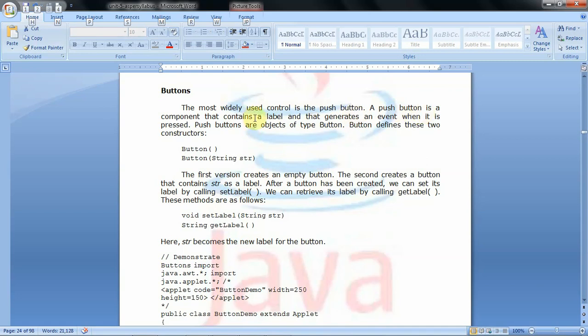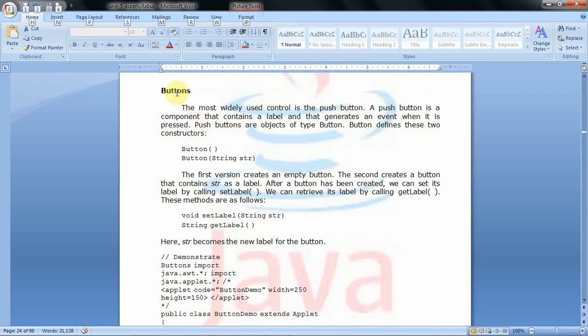A push button is a component that contains a label and that generates an event when it is pressed. That means a push button is an active control that gives some response to the user whenever the user presses the button or clicks the button.